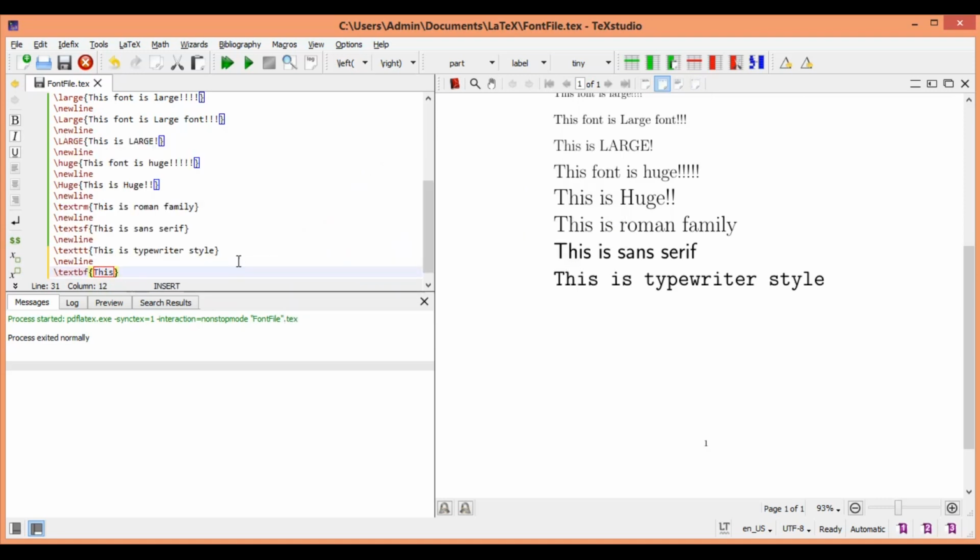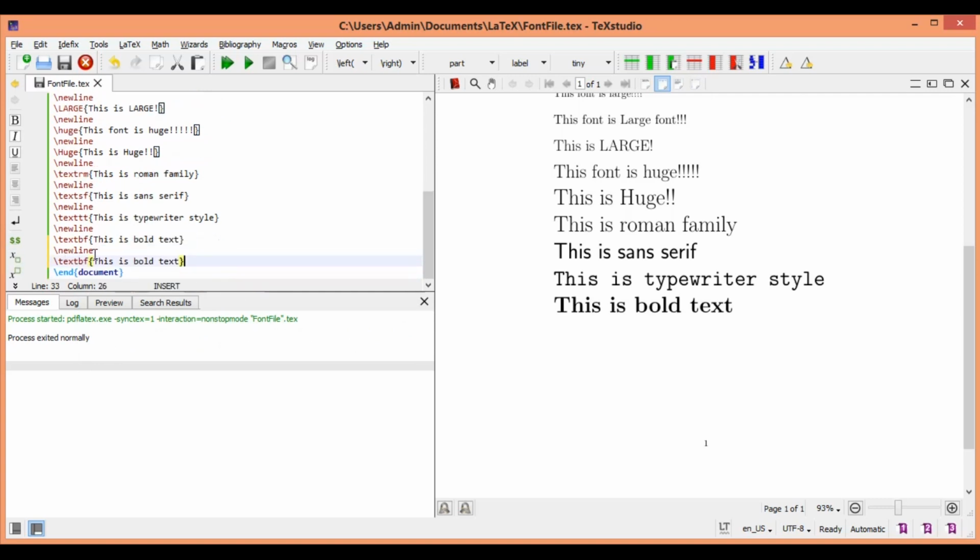Okay, this is bold text. Now let's see how it looks. This is bold text because we have put that in bold, right? We do that in Word. Now let us do italics. Instead of BF, if I put IT, because this is going to be italics.